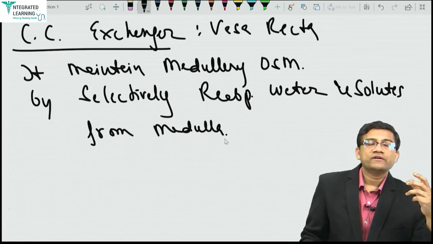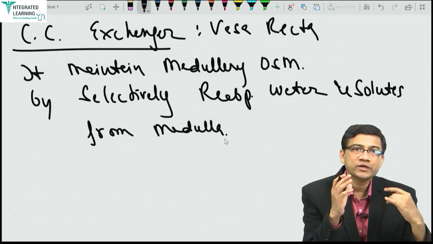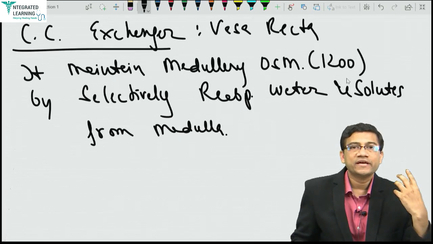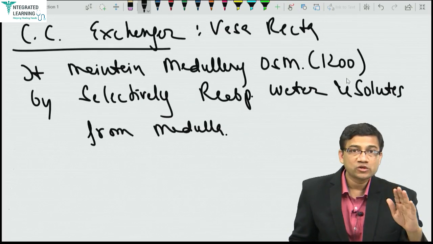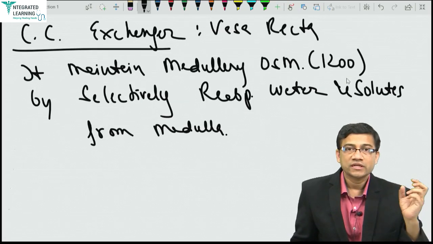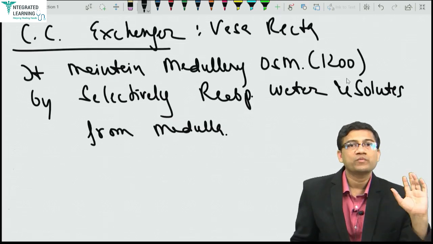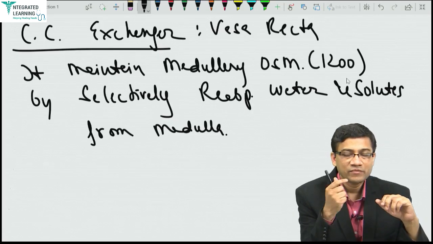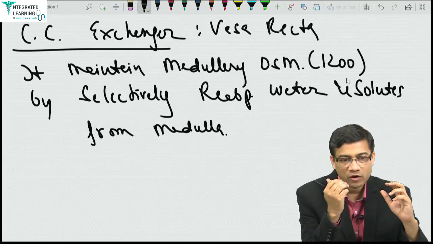Okay, so therefore it doesn't let any accumulation of water or maybe salts, keeping the osmolarity 1200. So that is why osmolarity is maintained. So what creates the system by adding the salts? Ascending loop of Henle. And what makes sure it's not diluted or changed? That is vasa recta, by picking all the extra water and sometimes salts out of the medulla. So who's the creator? Ascending loop. And what maintains it as it is? Vasa recta is the maintaining part of the countercurrent system.